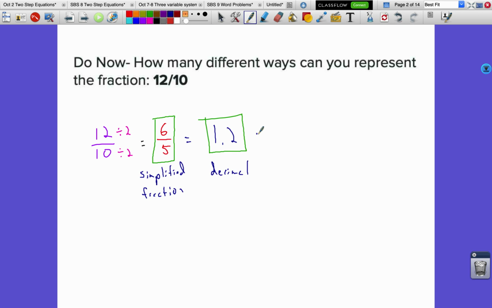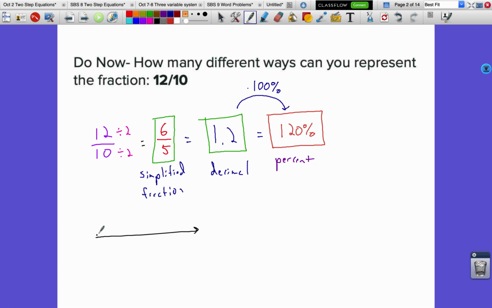Another way to represent it would be as a percent. To convert any decimal into a percent, you multiply it by 100%. So 1.2 becomes 120%. And you can come up with even more ways to represent this number. You could plot it on a number line by putting a point between 1 and 2 at about 1.2. So on a number line,